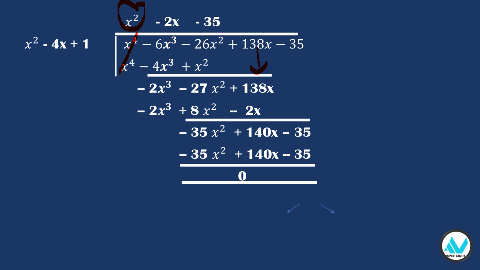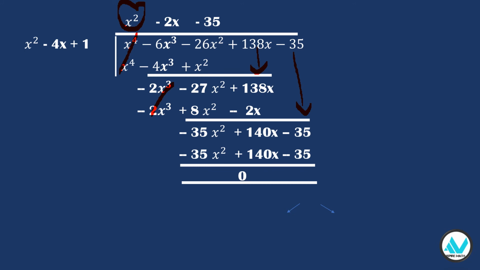Now division is again repeated subtraction. So minus 2x cubed and plus 2x cubed gets cancelled. Now here minus 27 minus 8 gives me minus 35x square. And plus 138 plus 2 gives me 140x. Now let me bring down the minus 35. Now next step up. X square into what gives me minus 35x square. Naturally minus 35 gives me minus 35x square. So minus 35 into x square gives me minus 35x square. Minus into minus plus. 35 into 4 gives me 140x and plus into minus gives me minus.